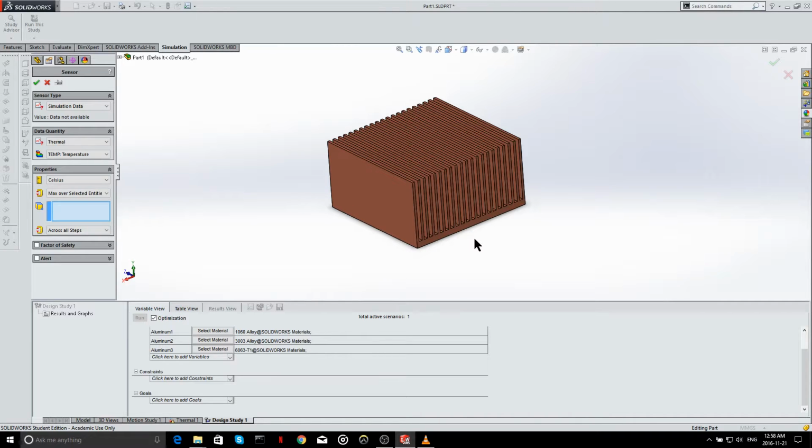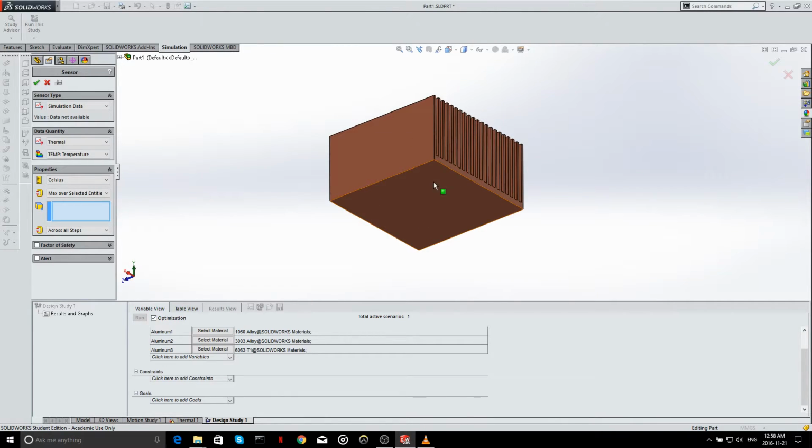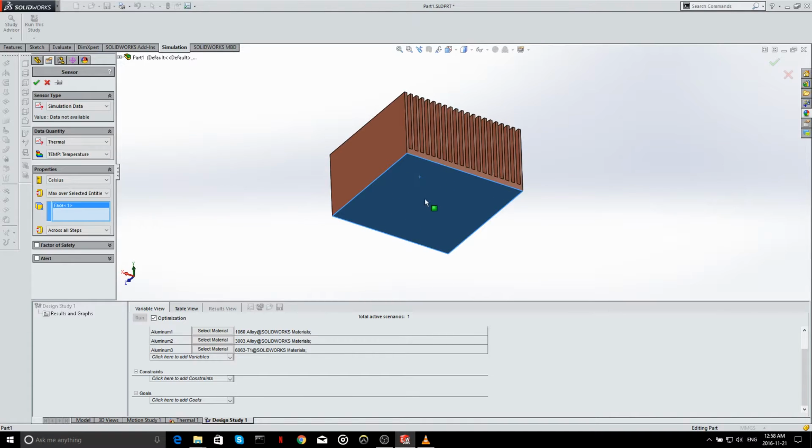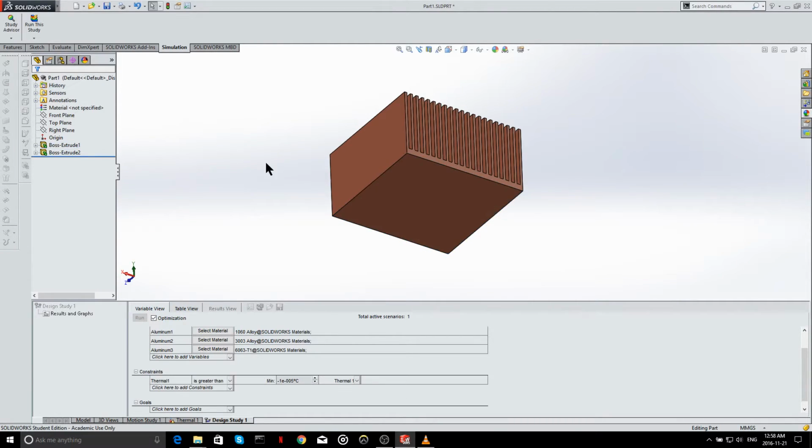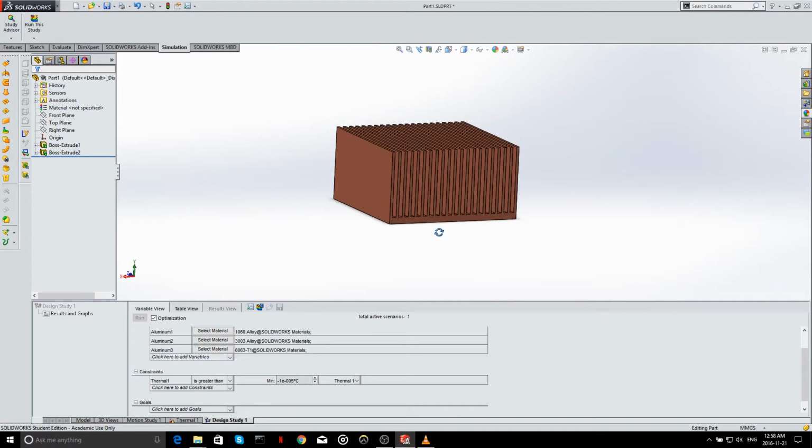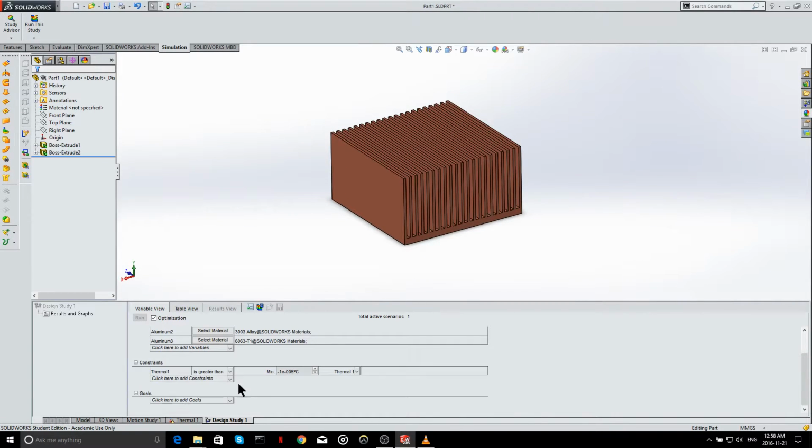This will enable us to select one of the surfaces that we would like to examine for a maximum temperature on that area, and I would like to optimize for the highest temperature in our model, which is the bottom area where the heat source is coming from. I'm going to hit OK. Right here, we'll see that our constraint value, given that thermal 1 is greater than, I